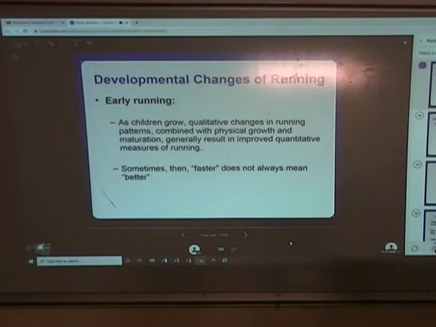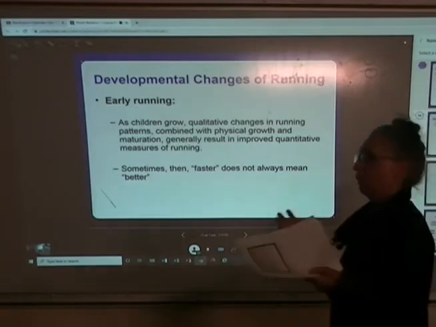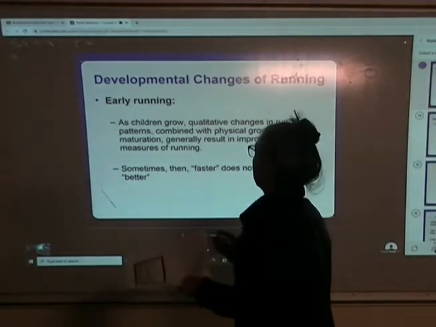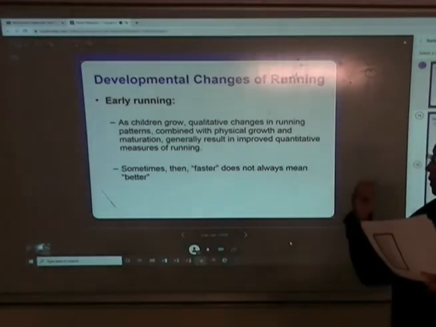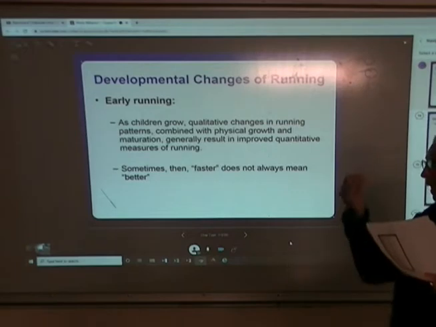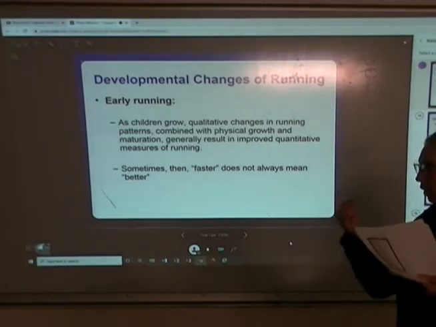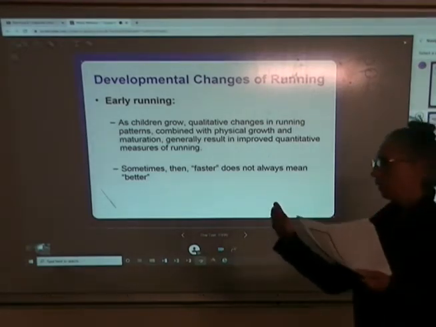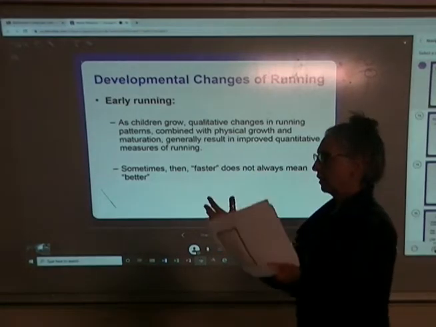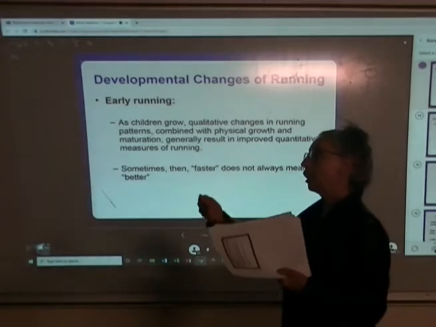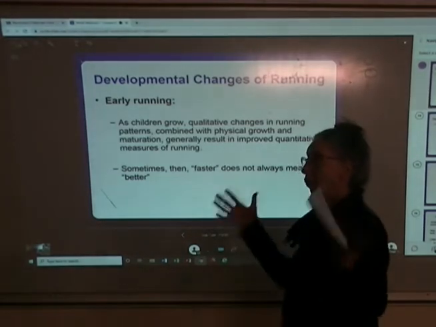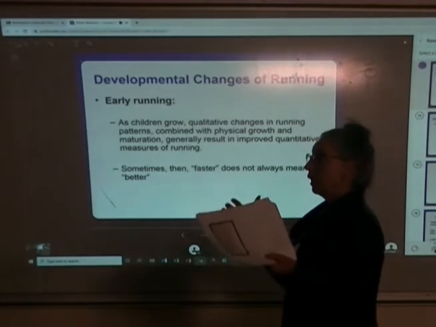All right, so there's something we have to be a little bit wary about with developmental changes in motor patterns, because what we're looking for is the actual change, like the mechanical change, what's happening, right? It's a qualitative measure. I'm observing a skill as it changes. But at this point in time, that child is also growing quite quickly, right? And so